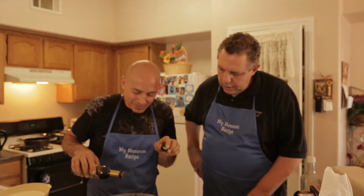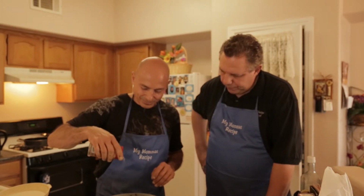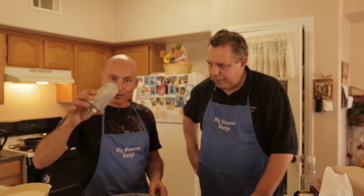I'm gonna add a touch of balsamic vinegar. It's not in the recipe, but I'm gonna add a tiny bit only because this is my favorite brand. And we got some salt. Okay. I usually put about a quarter teaspoon to half a teaspoon. Okay. Add a little bit of